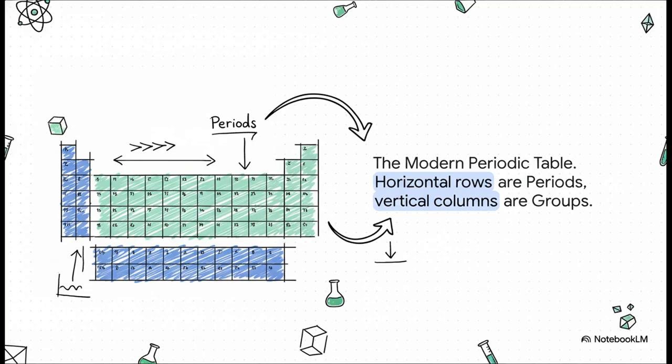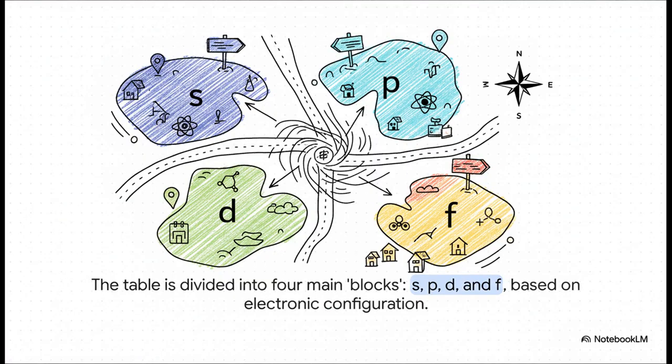And here it is, in all its glory, the modern periodic table. This, my friends, is the ultimate cheat sheet for every single chemistry student. Just remember 2 simple things. The horizontal rows, like the rows of desks in your classroom, are called periods, and the vertical columns, which are like teams with players who have similar skills, are called groups. Simple as that. Okay, now let's quickly look at the table's layout.